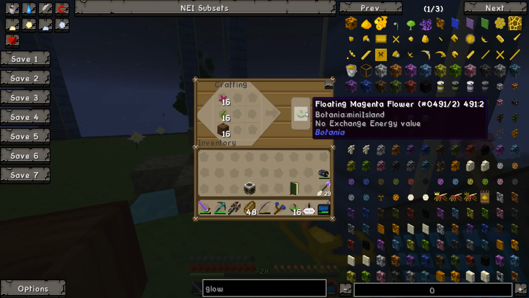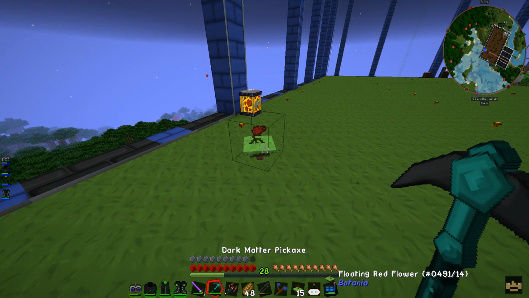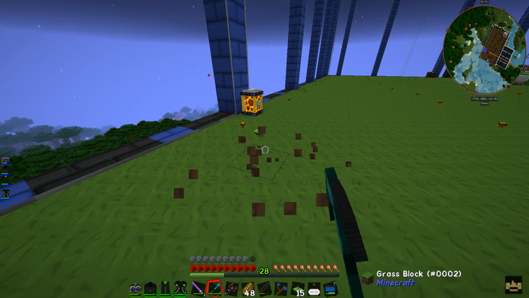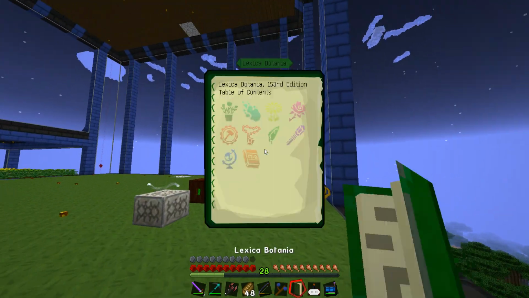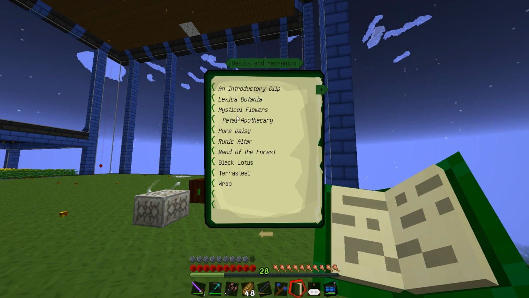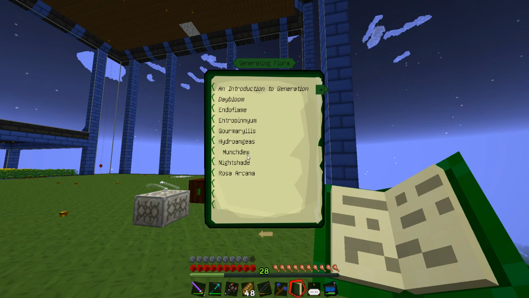So it makes these cool little floating flower things that look like that, and they emit light and so on. They're pretty awesome. But that's not what the end goal is. There's a flower that's called a... no, not a generating flora. It's called the...